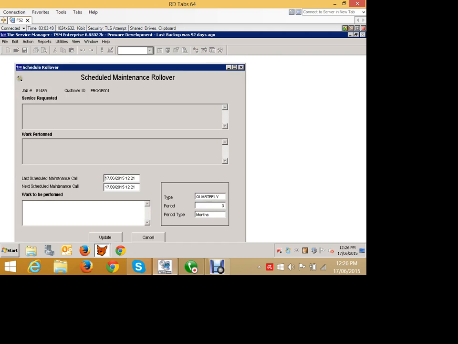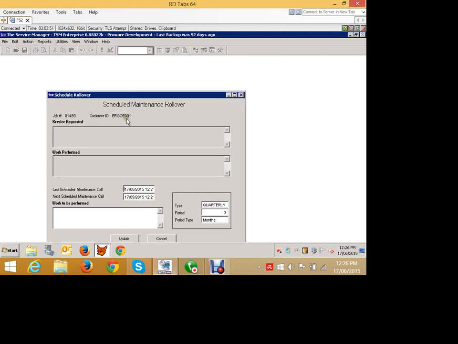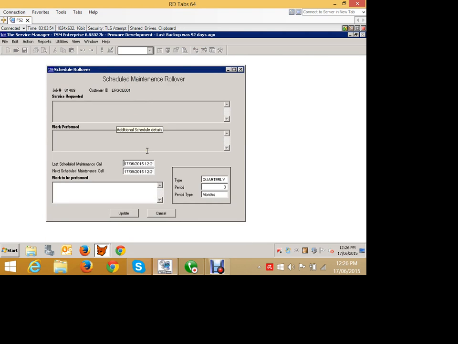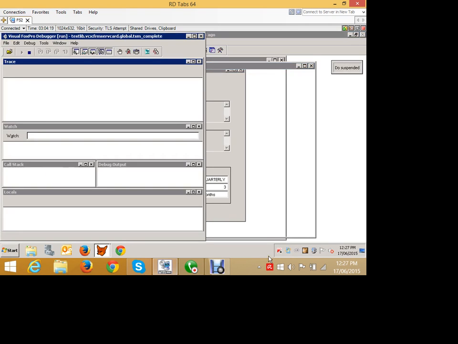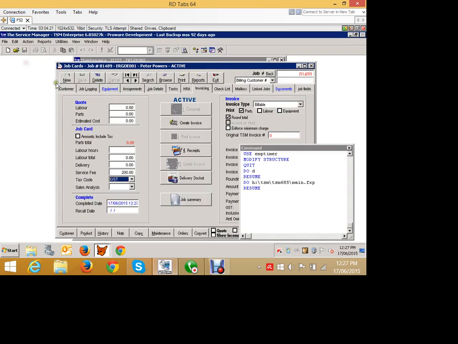Okay, so because this is a scheduled job, I have one more step, which is to roll over the schedule. So what this is going to do is roll it over from the 17th of June to the 17th of September, and I could adjust that date if I wanted to. You know, maybe it's a Sunday or something like that, so I can go and change that. I could note that next time I go, I need to check the fan or whatever, so I can put that in as a comment here, and it'll come up the next time. I then go and update that,